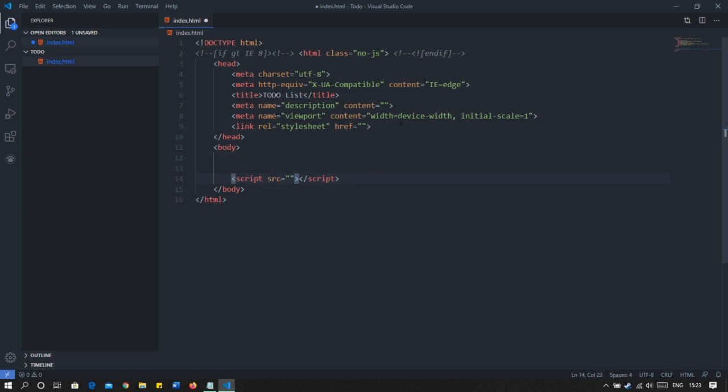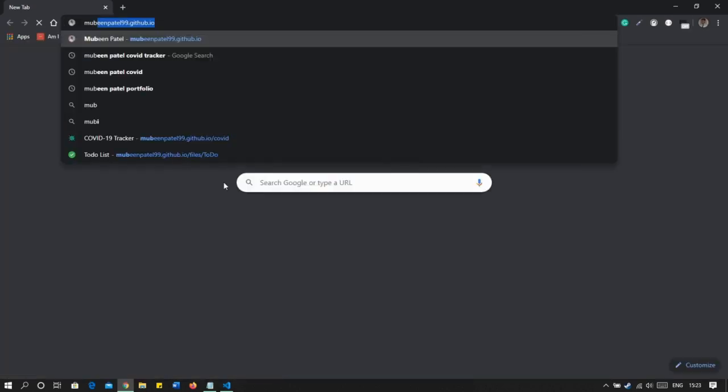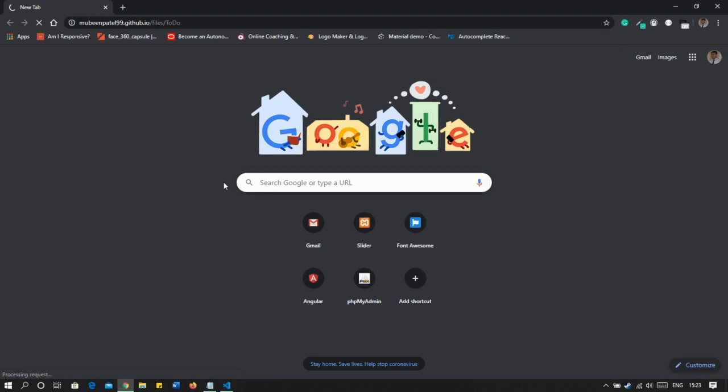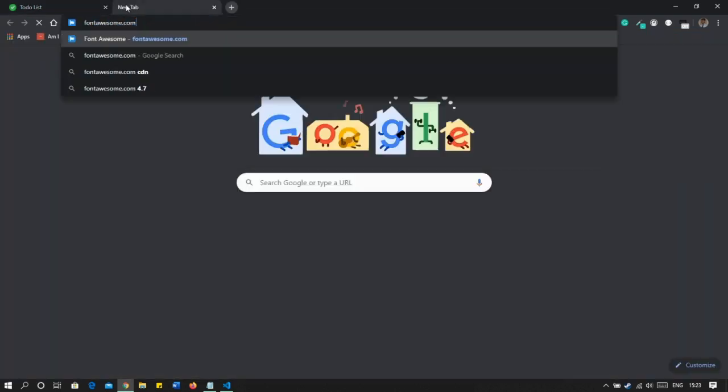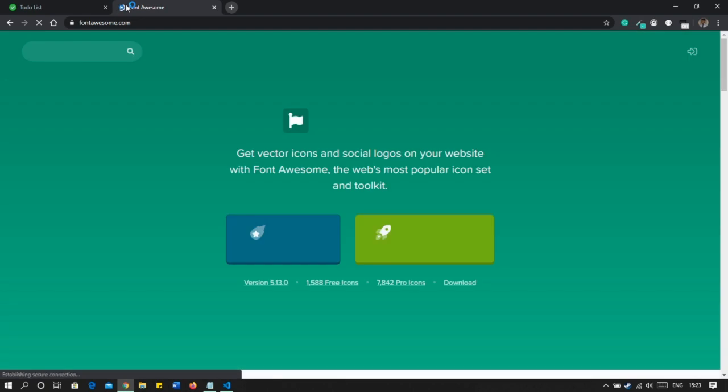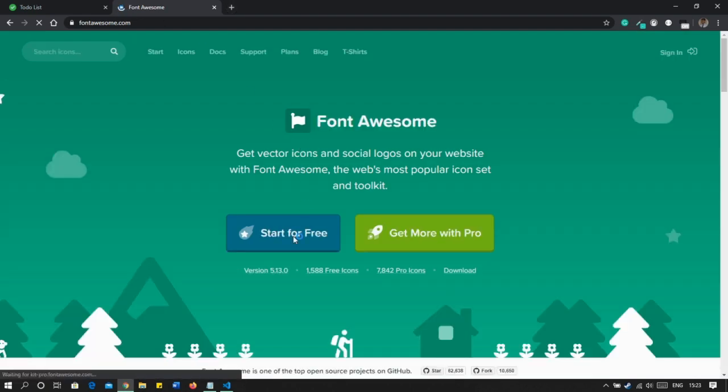And one more thing that we have to add is Font Awesome, for which we will be using our icons. So the icons like this, the icon for this and this we will be using through Font Awesome. If you don't know, Font Awesome is a website that provides you with various types of icons that you use to create good looking websites. So you can start with free or pro.